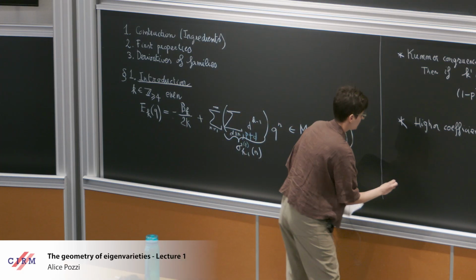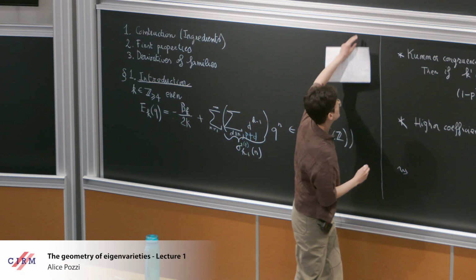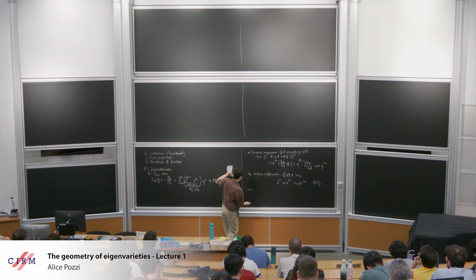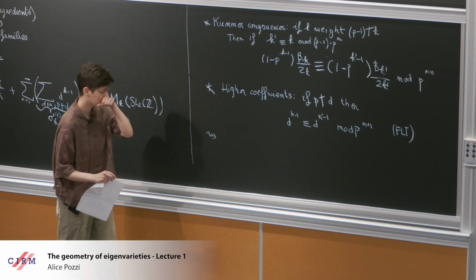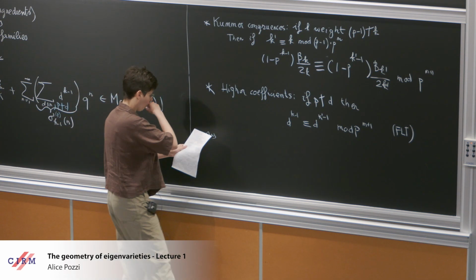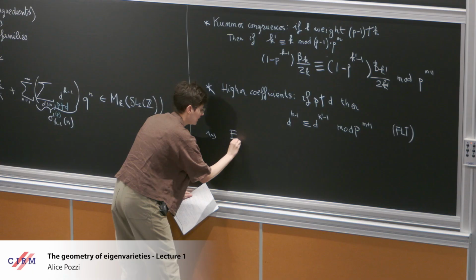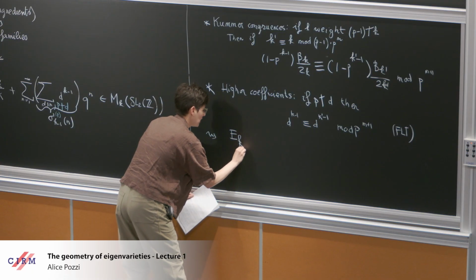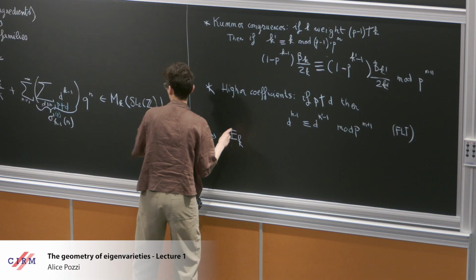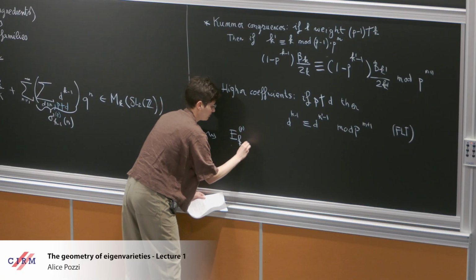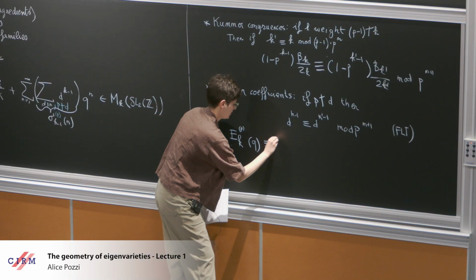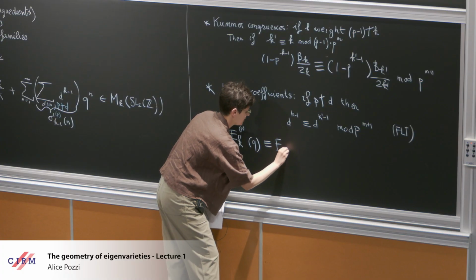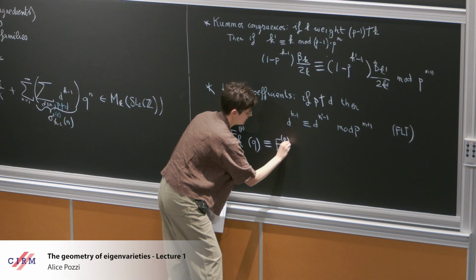And indeed, this is the observation that Serre made in his construction of a p-adic Eisenstein family. This whole thing can be packaged as a congruence between a slightly modified version of the Eisenstein series that I had written over there,